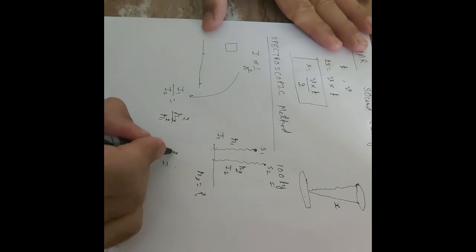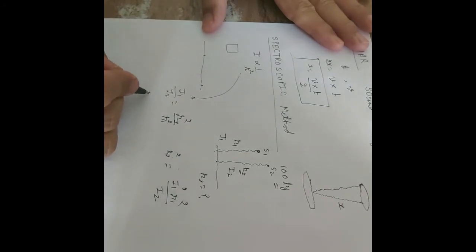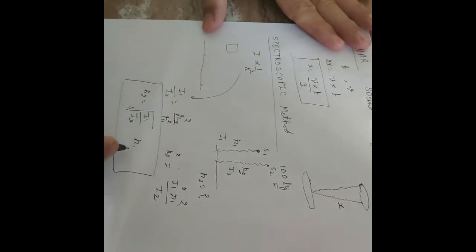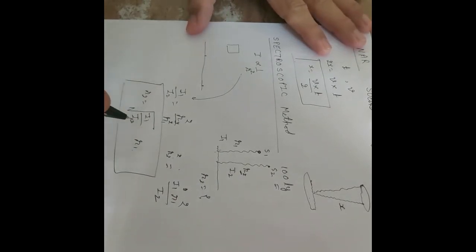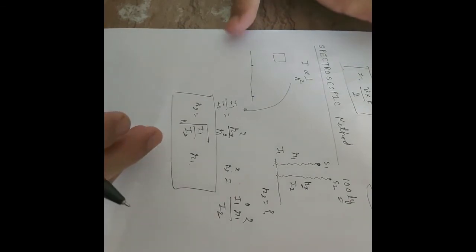And what will be R2? R2 squared equals I1 times R1 square divided by I2. So R2 will be the square root of I1 by I2, multiplied by R1. So by putting the values of I1, I2 and R1, we can calculate R2. Right? So in this way it can be calculated.